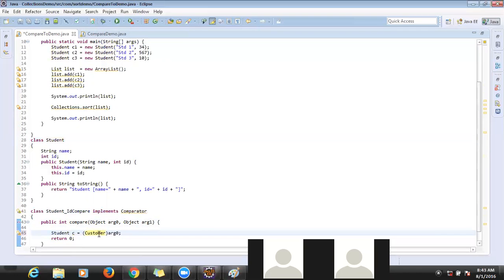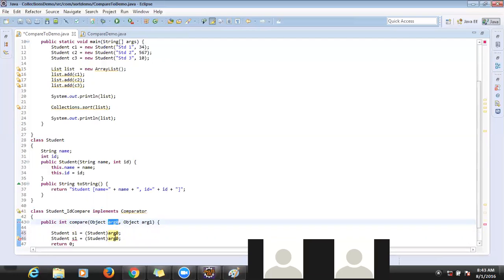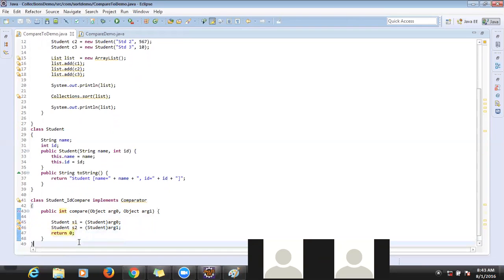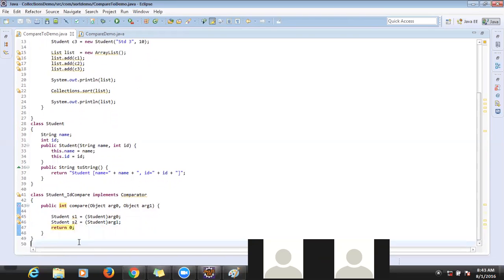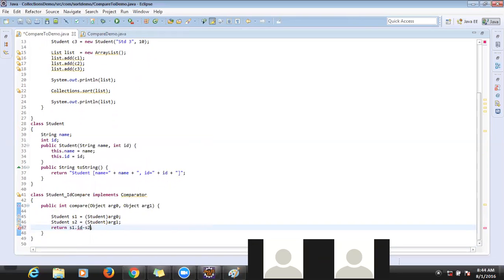Just downcast to student, consider this one as s1, taking argument 0 as student 1 and argument 1 as student 2. Now here is the logic. I want to sort the students based on ID: s1.id minus s2.id.